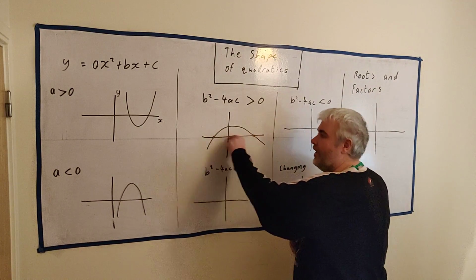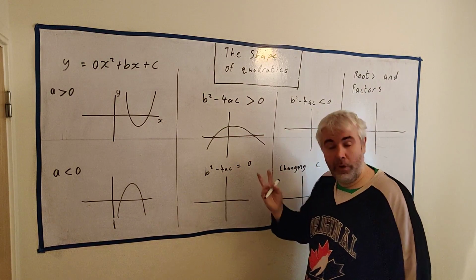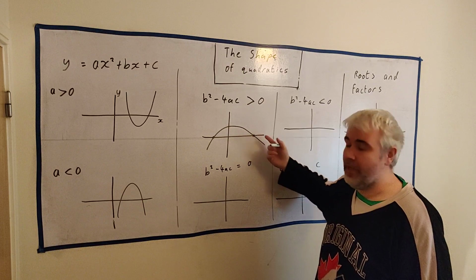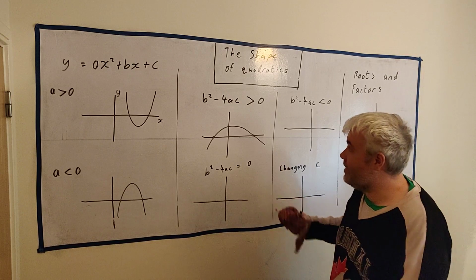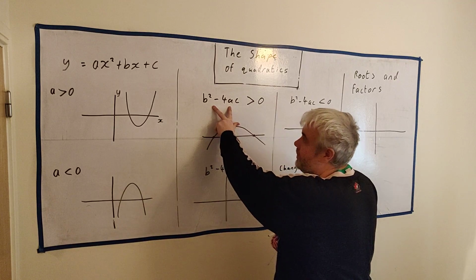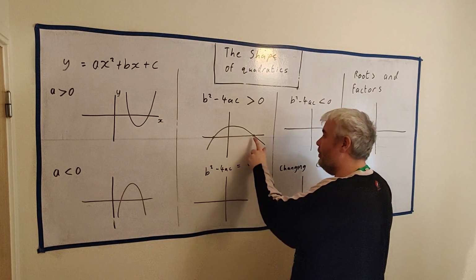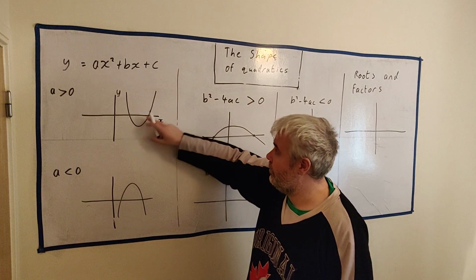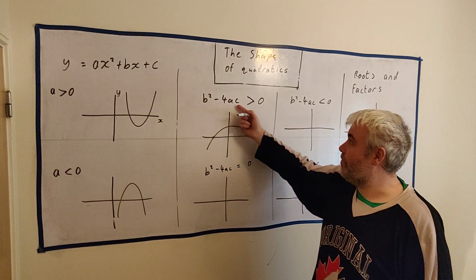We hit the y equals 0, we hit the y-axis twice. Sorry, the x-axis. y equals 0, the x-axis. We hit it twice when it's bigger than 0. That's because, as I said, we'll get an actual number out for this. We'll get the square root of this, which will be real, which will exist. We'll get plus or minus it. It doesn't have to be one side or the other. It could look just like this. Could look just like this. All of these pictures are b squared minus 4ac